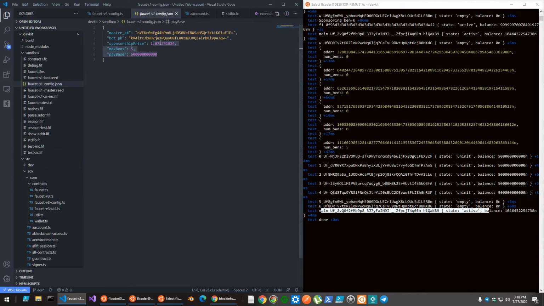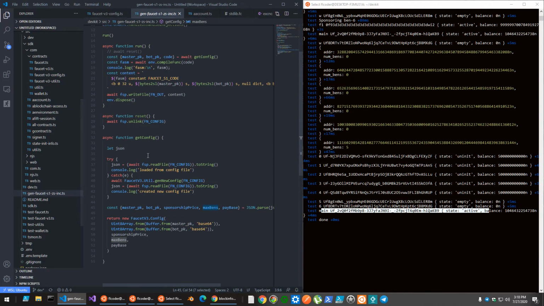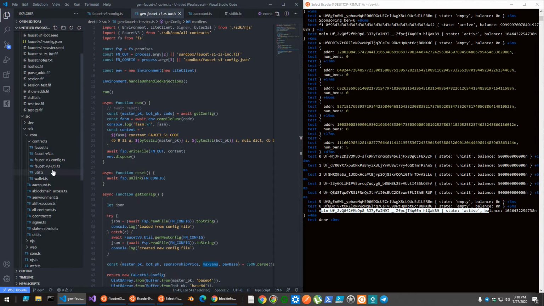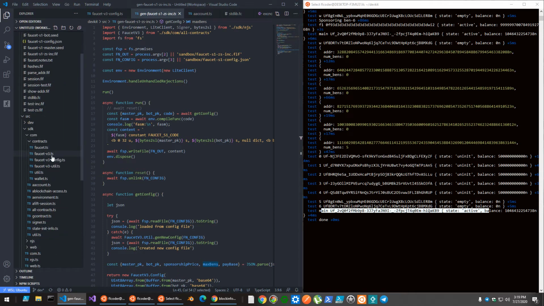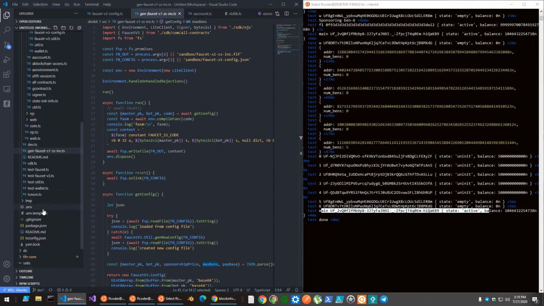So you could just change the numbers here and then rerun your Gen 0 state, and it will regenerate the contract with those values from the config.json file in Sandbox. All right. So to recap, Gen Faucet S1, you need to run that, and it's yarn Gen Faucet S1 ZS